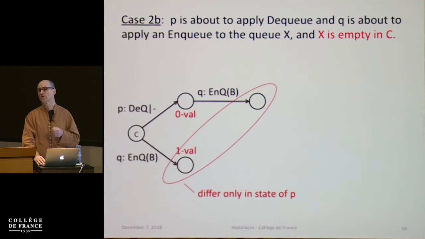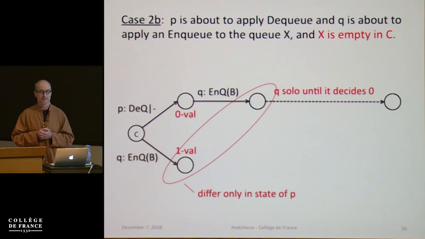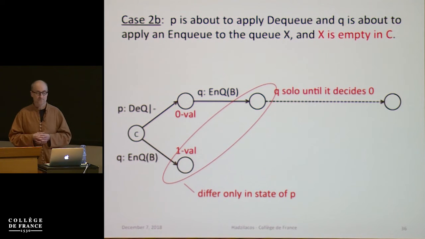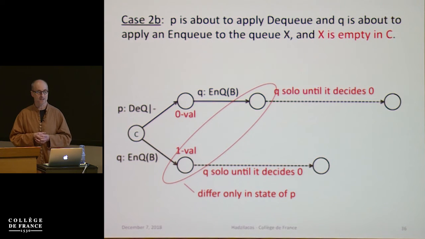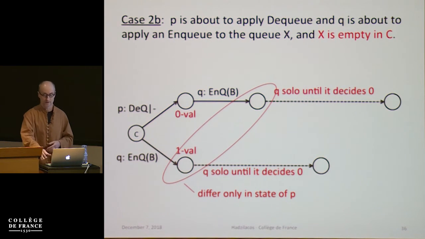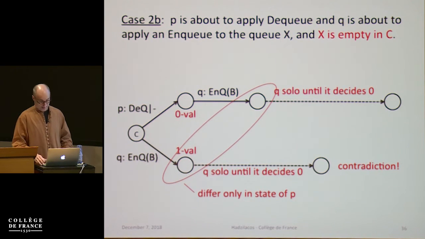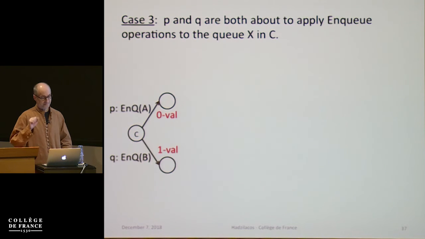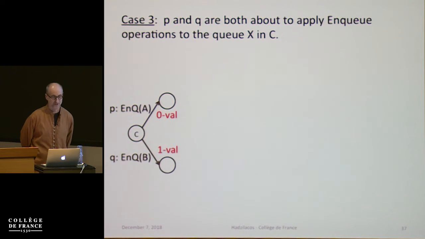So this time I don't even have to involve the third process. I will let Q take steps until it decides. Starting from the top configuration, it will have to decide 0. Exactly the same execution is applicable to the bottom configuration. It will decide 0 following a one-valent configuration. That's a contradiction. Okay, so the second case, where one is doing a dequeue and the other is doing an enqueue, is also not possible. So finally, we come to the last case, which in some sense is the most interesting one,